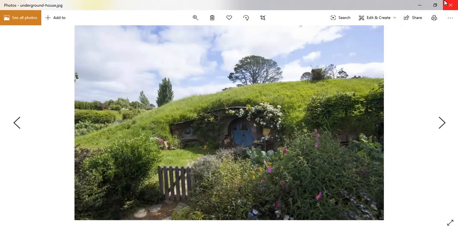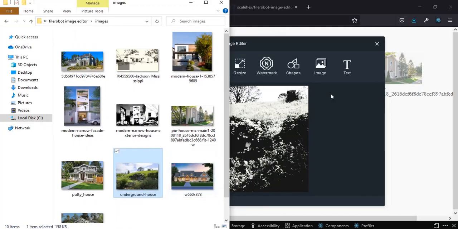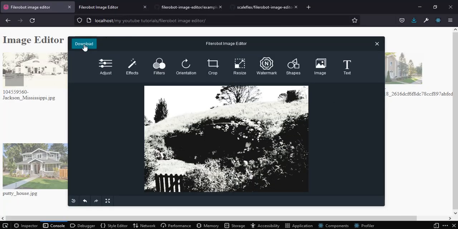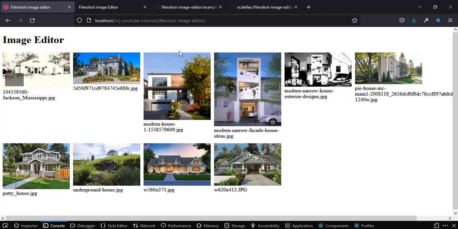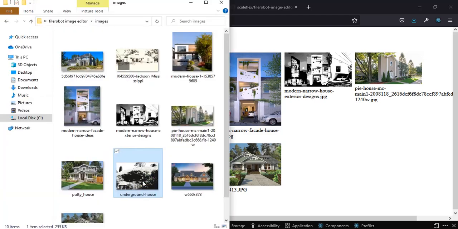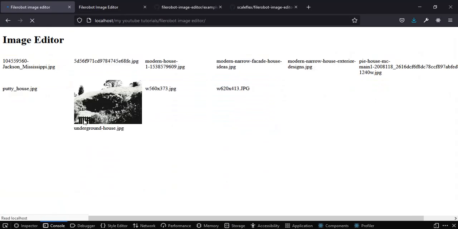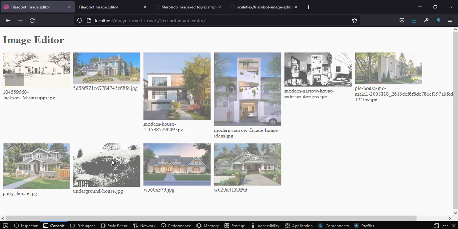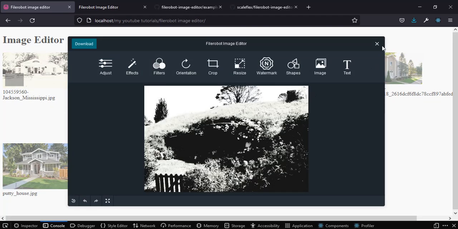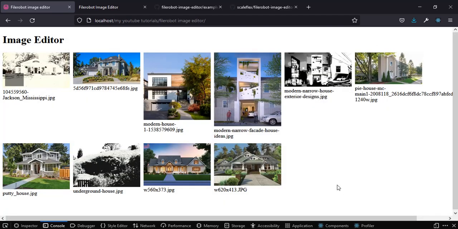Okay, so this is the image now. So let's just click on download. So once you click on download, the image has been edited. So this is the image now here. Okay, so let's reload the page. Alright, so this is the image. If we click on it again, you can see this is it. Okay, so this is how to edit any image on the browser with Filerobot,